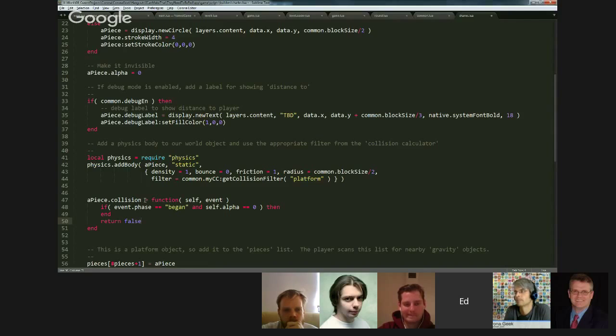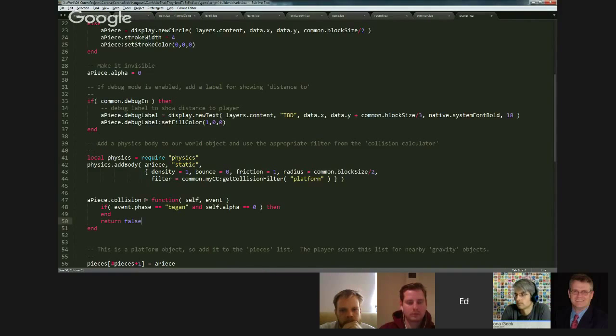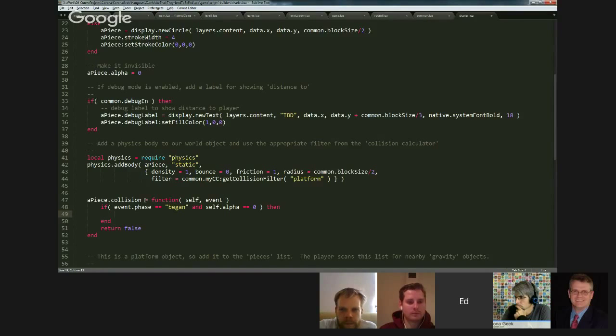But if I return true here, then the other listeners may not get called, and you may get weird behavior, like, hey, why is jump not working? Or some other collision event that you expected to occur suddenly isn't getting executed, and your game breaks. So my tip for people is return false unless you need to stop the collision sequence. Only return true in the case where you want to stop propagating the collision event and you don't want to process it anymore. So I always return false, but in the case where the phase is began and the alpha is 0,